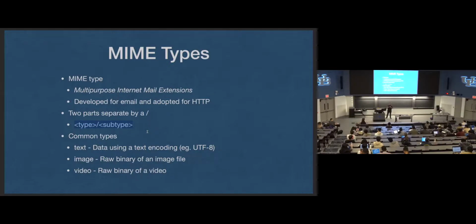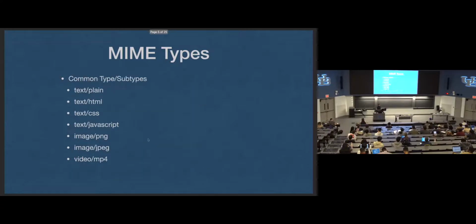This is where we're getting into Objective 2, serving your HTML, your CSS, your JavaScript. This is how we're going to serve those files: by specifying our MIME type, opening the file, and then putting the bytes of that file into the response. Common types that we'll see: text, image, video. And common subtypes,